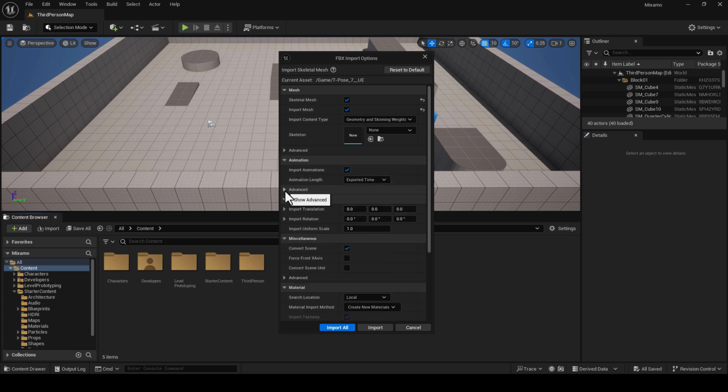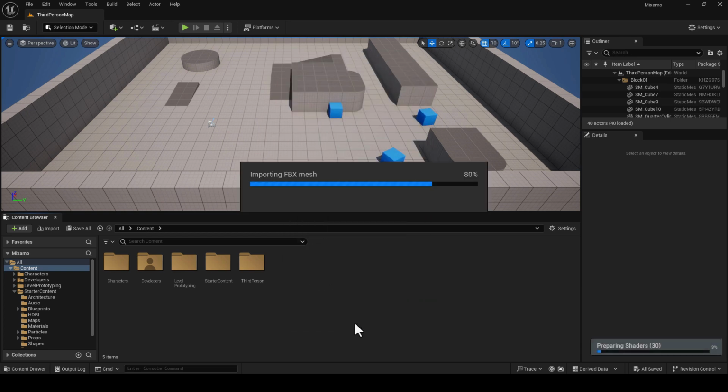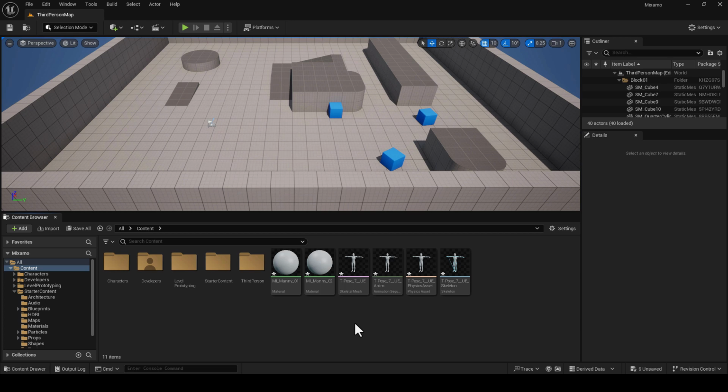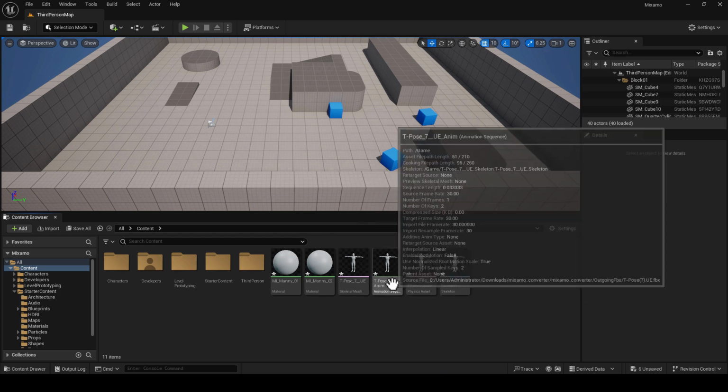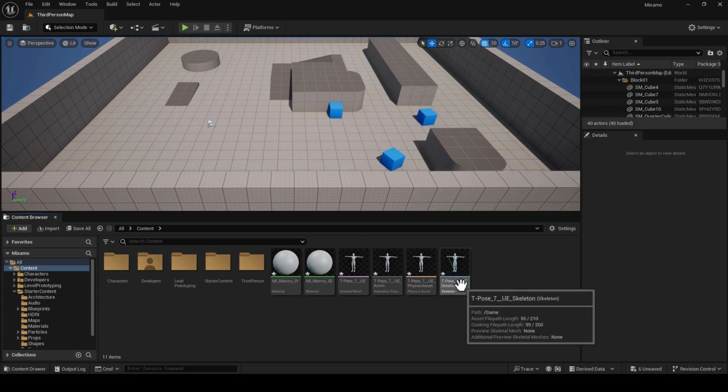And then under the second advanced tab, we want to use default sample rate and snap to closest frame. And those 3 settings are all we need to do, and those will prevent us from getting additional errors. And all we have to do then is go import all. And this is the fully optimized rig, so I'm not anticipating any problems. We didn't get one error, so that's fantastic. And it brings in the 6 assets, 2 materials. We've got our skeletal mesh, our animation sequence, which is just a T-pose,